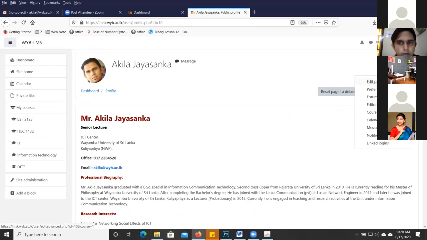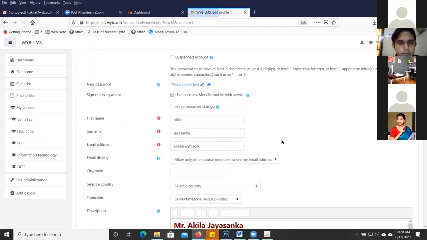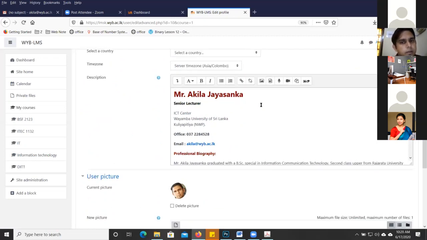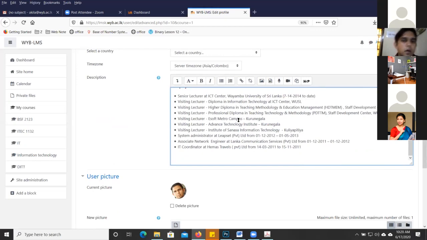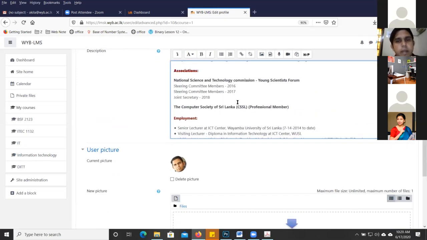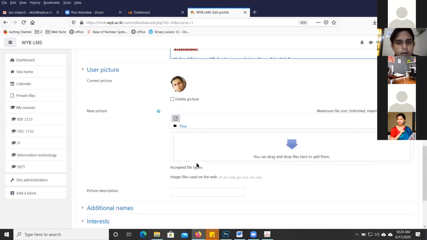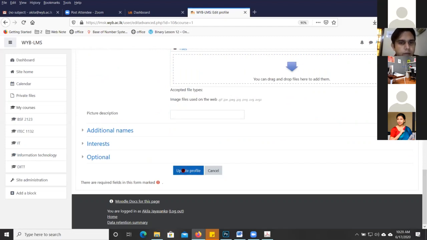Edit profile. So this is the place where you can edit the profile. So all the descriptions about yourself you can add here and update profile.